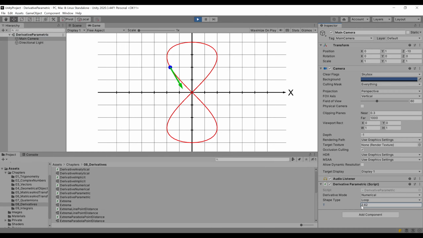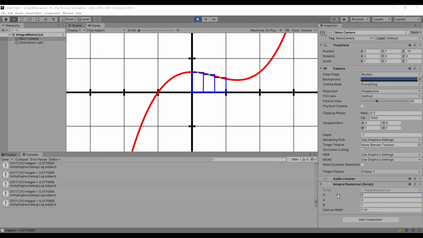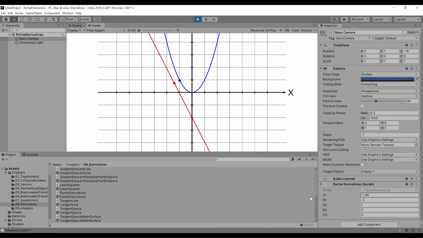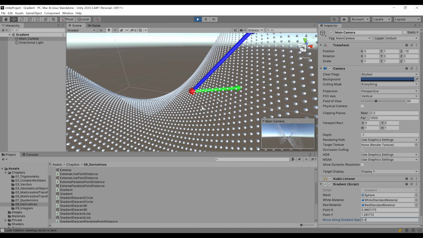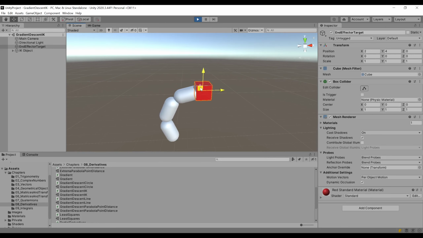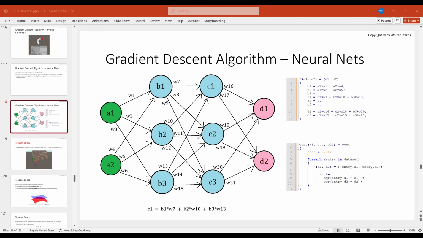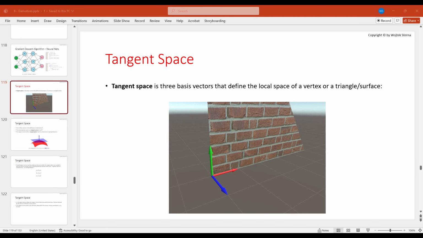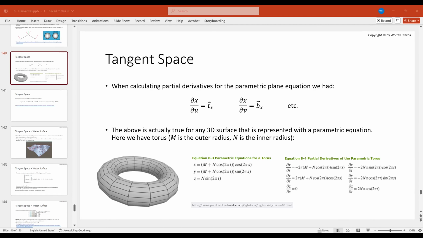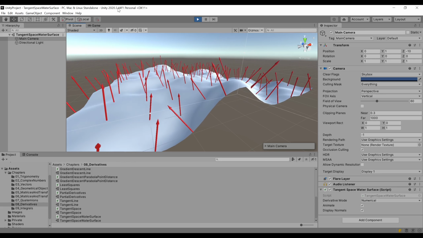Finally, in the last part of the course, we talk about calculus. Here we learn what derivatives and integrals are. With derivatives, we mainly do two things. First, we solve various kinds of optimization problems, for example the inverse kinematics problem. We even learn about derivatives' crucial and fundamental role in the neural networks. And second, we use derivatives to generate tangent vectors and tangent space, and by extension how to generate normal vectors